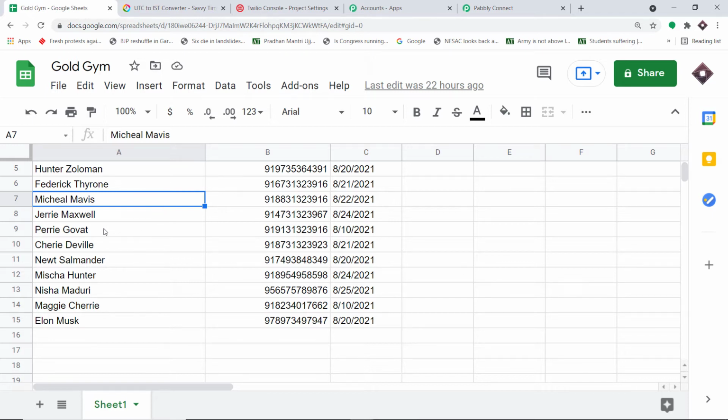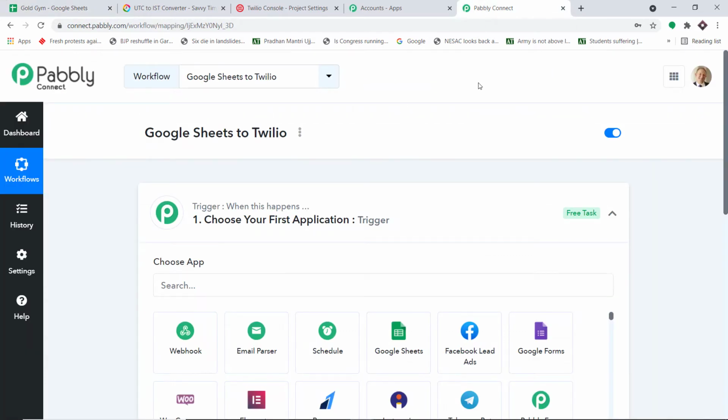Similarly, let's go with this guy, Barry Govart. His date of expiry is 10th of August 2021, so he will be getting the SMS from 7th of August 2021. From the 7th to the 9th, he will be getting the SMS that his gym membership is going to expire. So I have to make sure that these people will be receiving the SMS at a scheduled time.